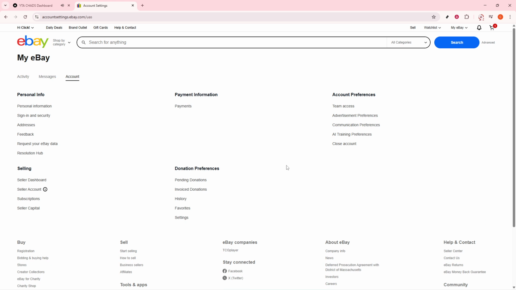Once you've saved everything, the prices of all items you browse will automatically be converted to your chosen currency. This makes comparing prices and understanding costs a breeze as you continue your online shopping journey on eBay. Now that we've walked through all the steps,